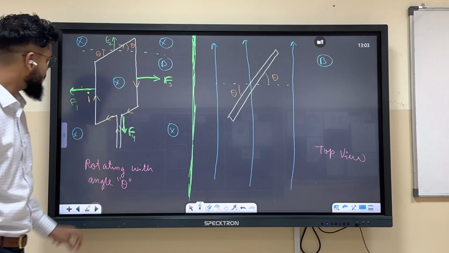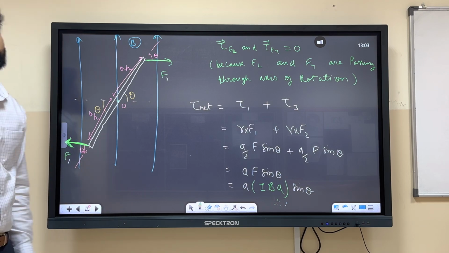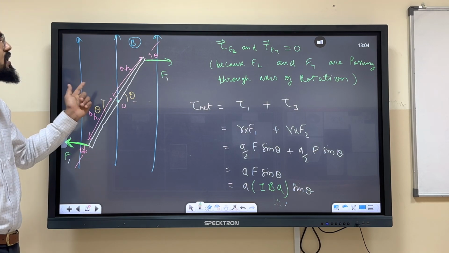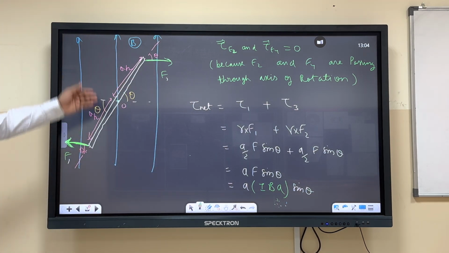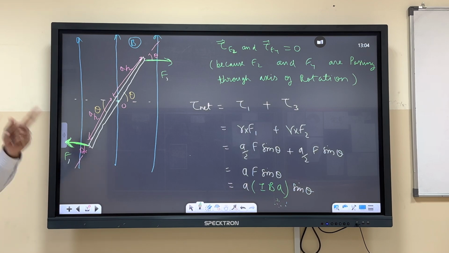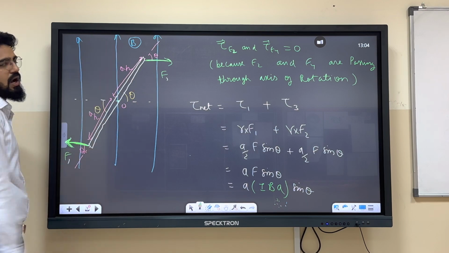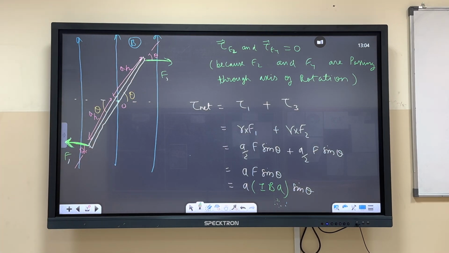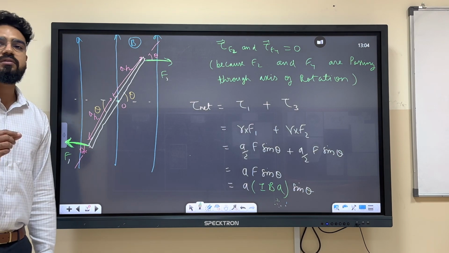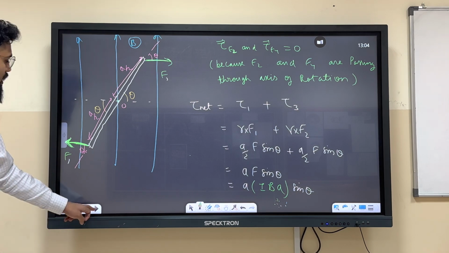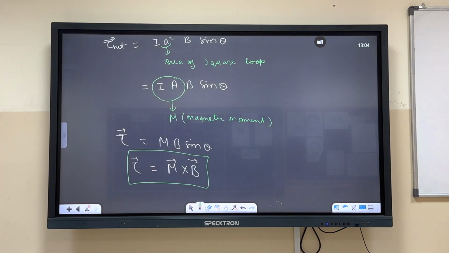Okay. But remember, this whole thing is same as what? Dipole moment. Over there too, we calculated the torque like this only. Same figure was there. So that's why we are looking from the top view, so that you can relate it. The only change was that the electric field was in this direction. Over here, magnetic field is in the upward direction. So if they are asking you to derive the torque of the loop, you have to do it like this. Torque equals M B sin theta or M cross B.